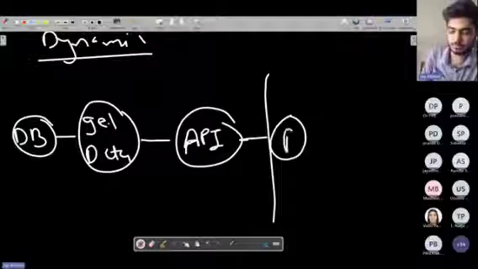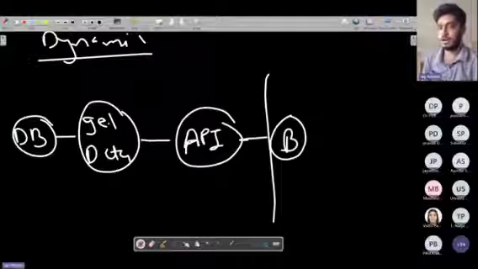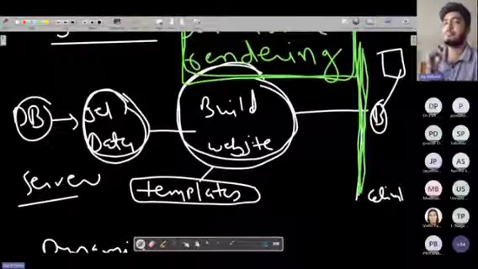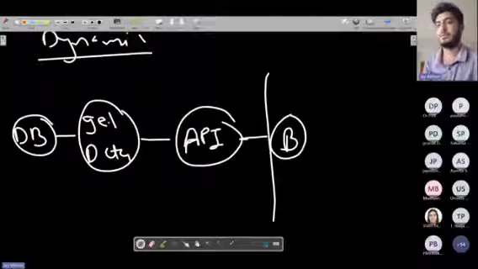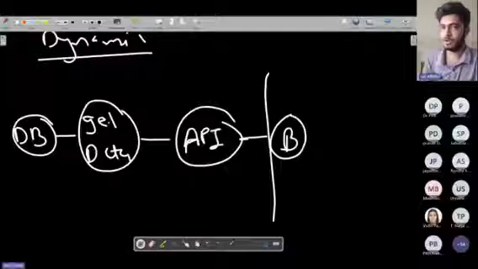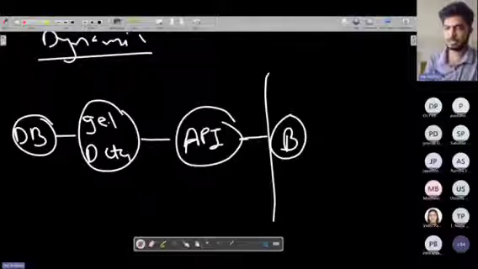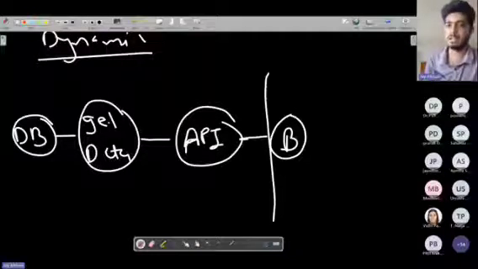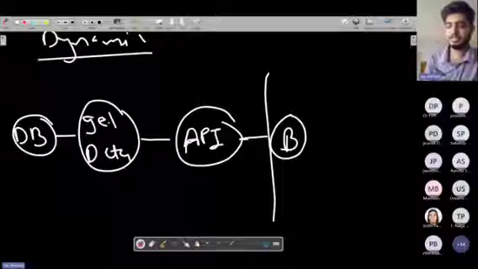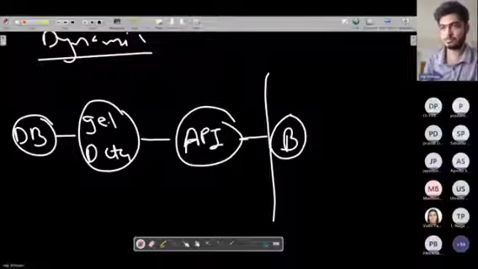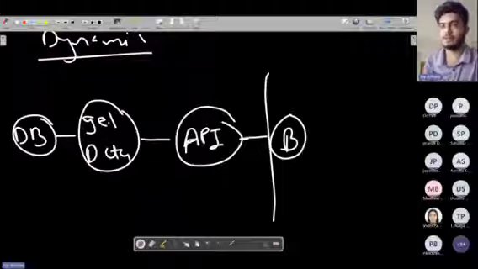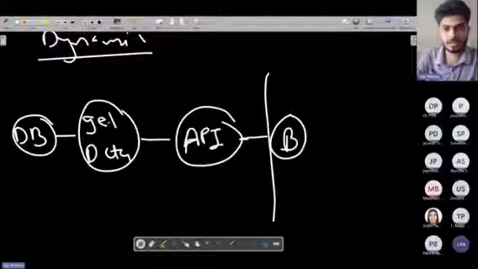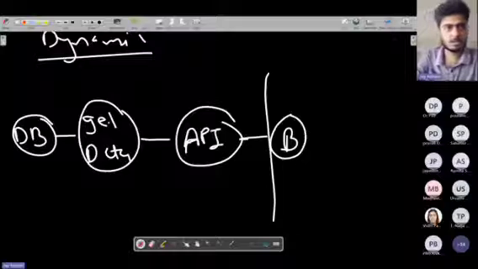This is my browser. Earlier in this approach, we were sending website to browser, but here we are sending API to browser. Based on the request for this data, we'll create API, right? And we give API to browser. Then basically client side, right? So instead of writing browser here,